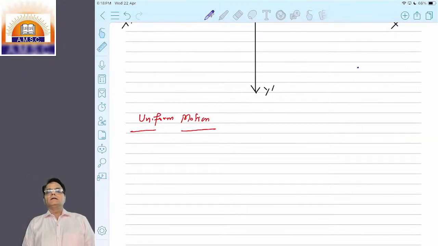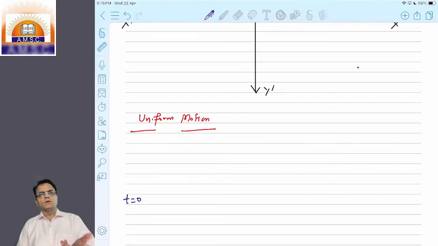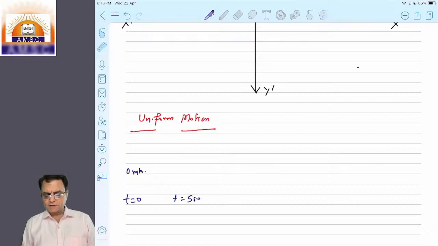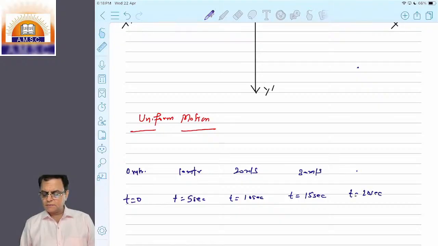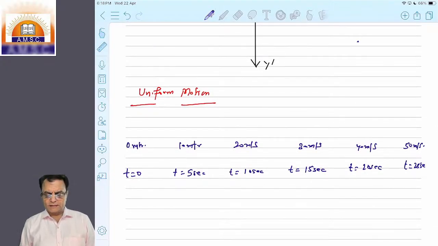Let's consider that when the time of consideration starts, which is considered to be zero, the distance covered is 0 meter. When the time happens to be 5 seconds, let the distance covered by the moving object be 10 meter. When the time is 10 seconds, the distance is 20 meter. 15 seconds, 30 meter. 20 seconds, it becomes 40 meter. And 25 seconds, it becomes 50 meter. So what we see is that in the same span of time, the same amount of time,